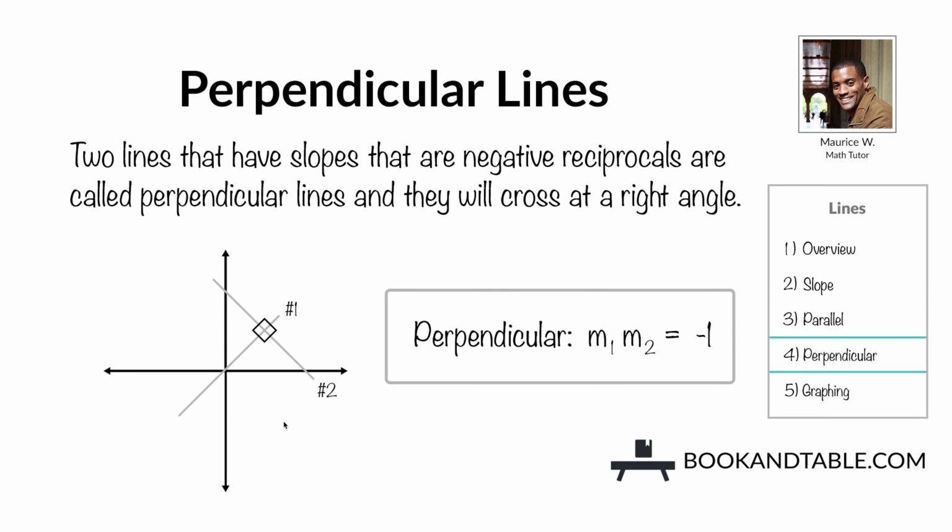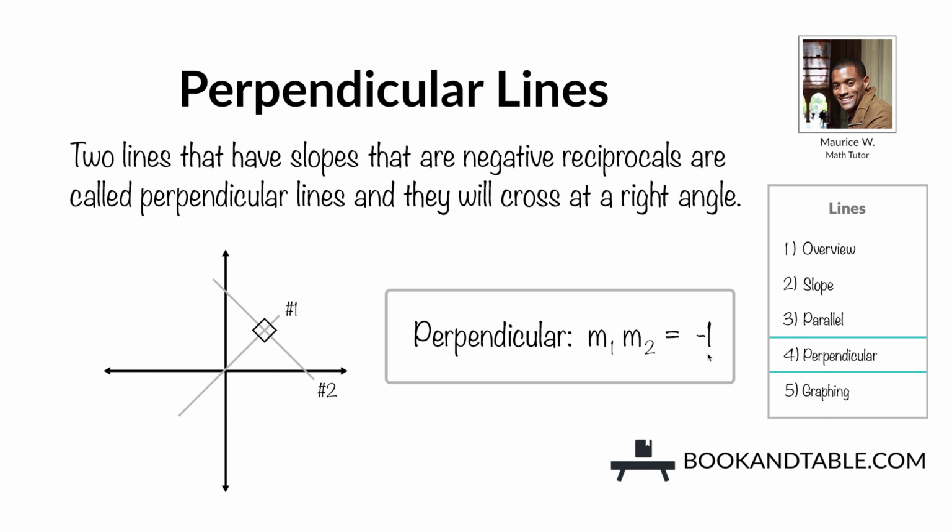Two lines that have slopes that are negative reciprocals are called perpendicular lines, and they will cross at a right angle. So let's say you have line number 1 and line number 2. They cross to form 4 right angles. So these are each 90 degrees. And if their slopes are negative reciprocals, that means when you multiply them times each other, you'll get a product